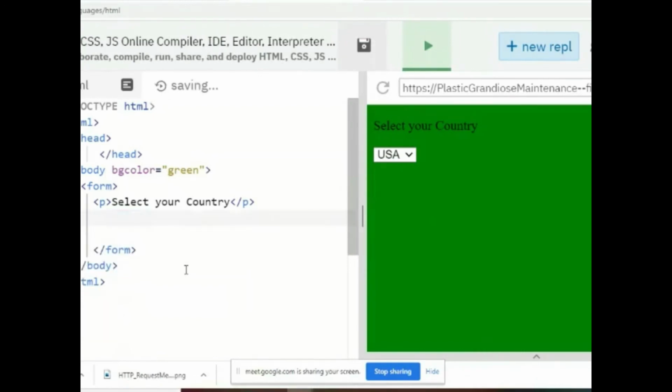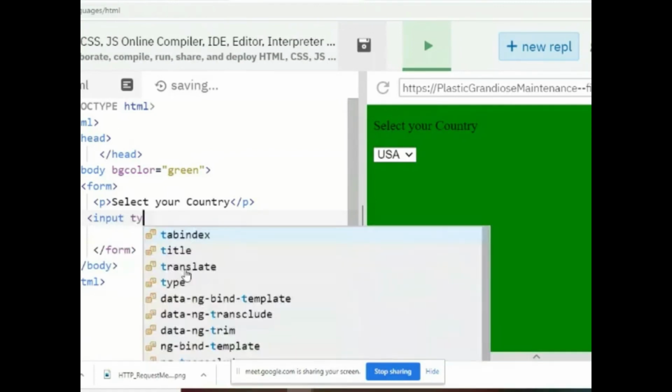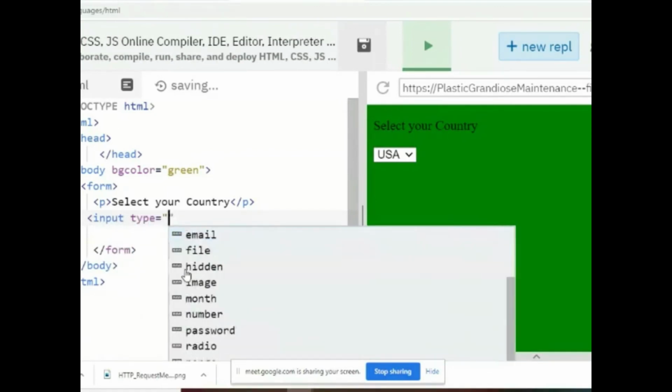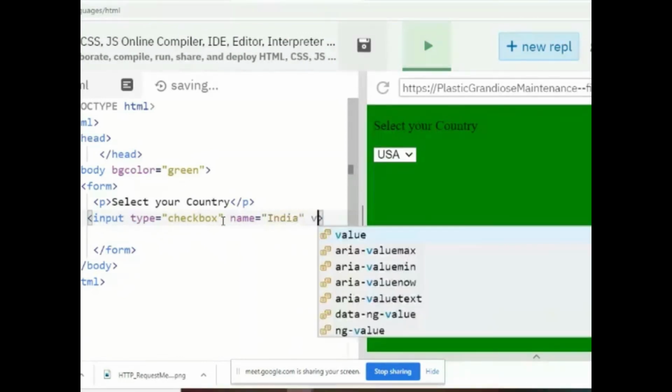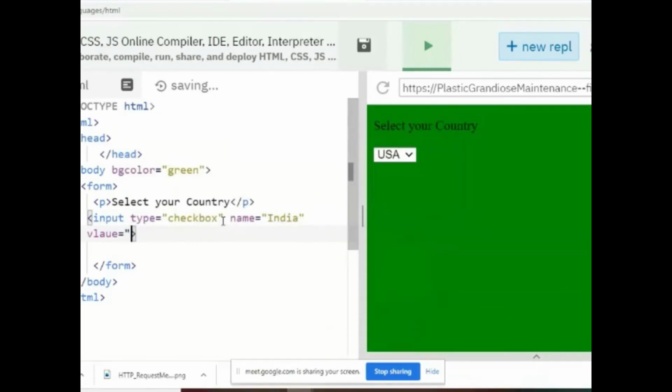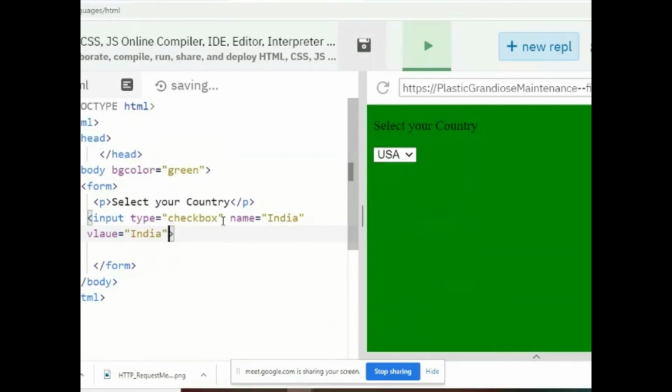If you want to create a checkbox, as I told you, input type is equal to checkbox. You can specify the name or value, whatever you want. In a similar way, I create one more checkbox.